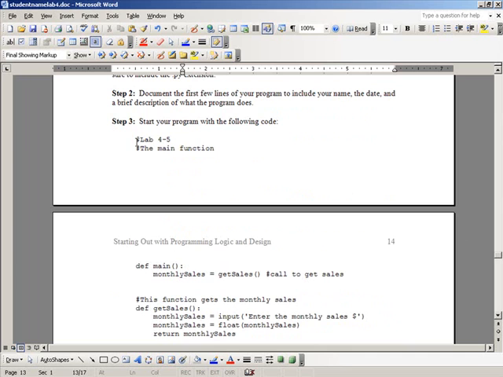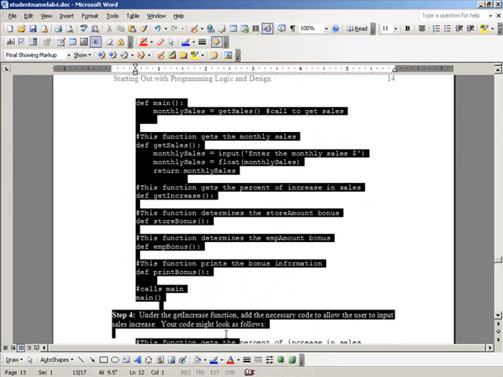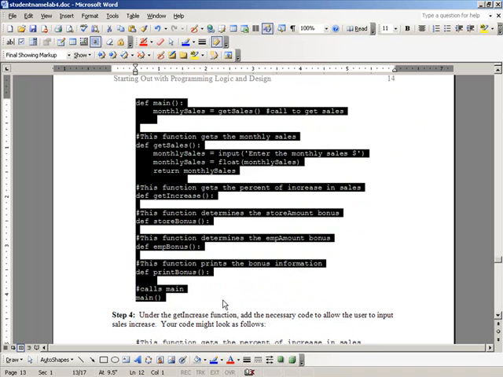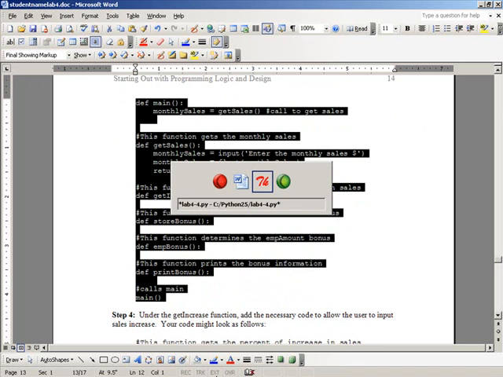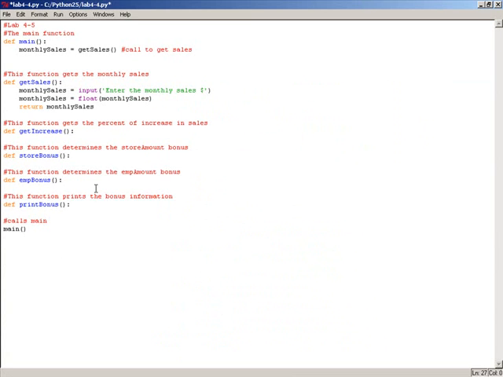So you'll have a main. Essentially you can start with this code here where you'll have a main function that'll get the sales. And then I've included the names of your other functions, so you can just start with that setup. Now, where your nested decisions are going to come into place are in the store bonus and the employee bonus